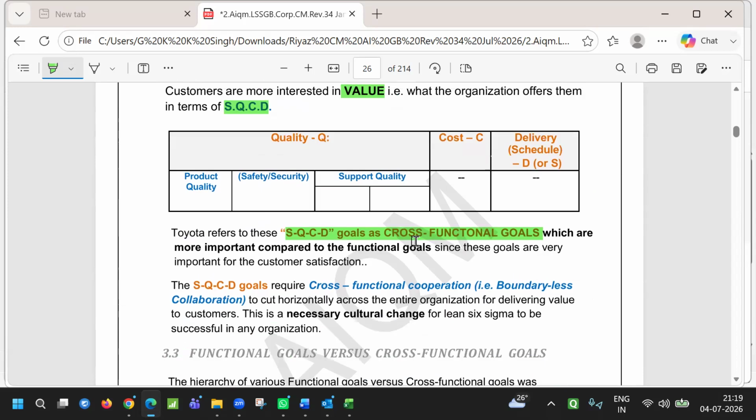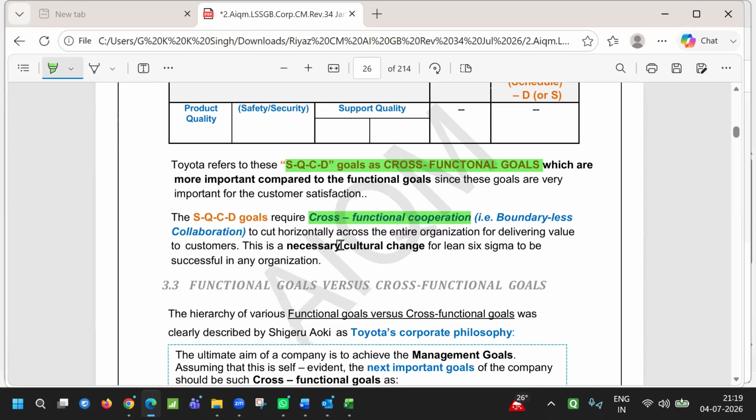So that is why in Six Sigma projects, the team members are also cross-functional team members, because any change we want to make in the process will involve various team members from different departments. So this is very important as cross-functional cooperation. So we don't divide the department into boundaries. So it's called boundaryless collaboration, and this is a cultural change which is required while implementing Lean Six